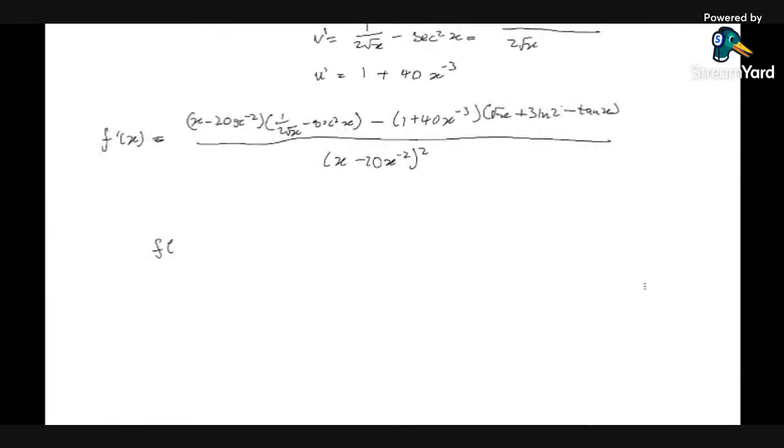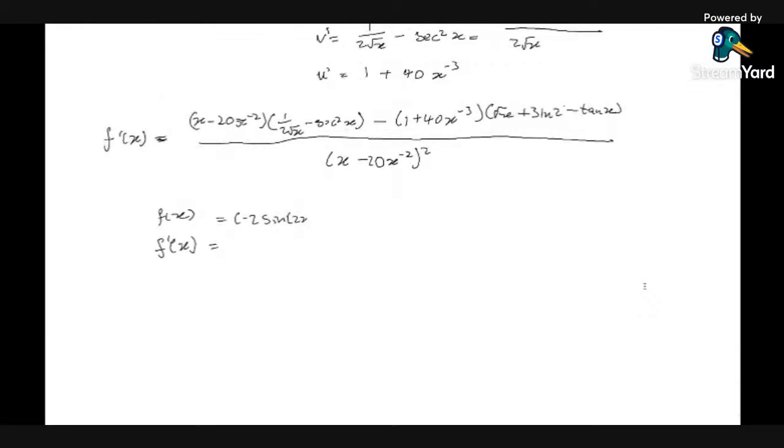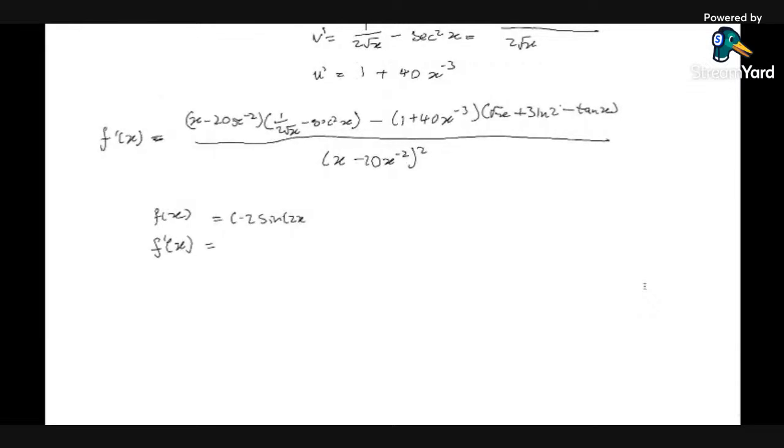So now this one has, let me just start with the original function. It has negative 2x sine of 2x plus e to the power of negative x, all to the power of 203. Okay, so now what I need you to do here is to focus on the outside part, because the